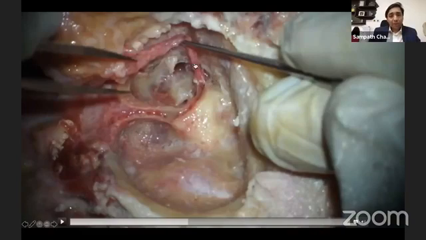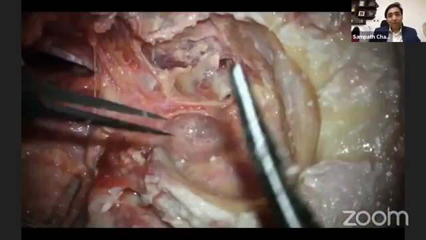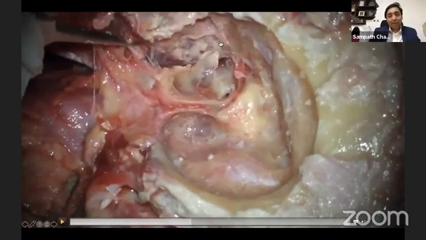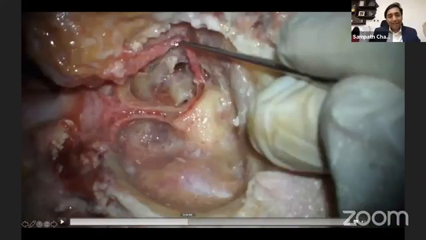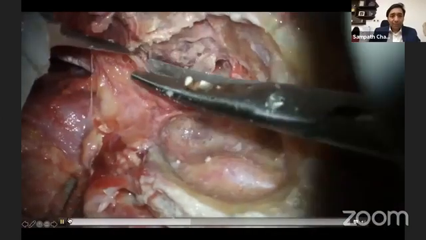Okay, so where are you going to reroute it and place it? You're going to place it in this groove that you just drilled along the root of the zygoma. Okay, so you're not cutting it. Oh, I'm cutting it only because I didn't have anything to hold the nerve in place. I didn't have tissue glue, I didn't have sutures, and I had to go through the dissection. Otherwise, what you do is you keep this nerve held in position like this. You also suture the parotid, take some sutures and pull the parotid upwards to take this nerve completely out of your dissecting field. And you use a couple of sutures and tissue glue to hold this rerouted nerve in place.